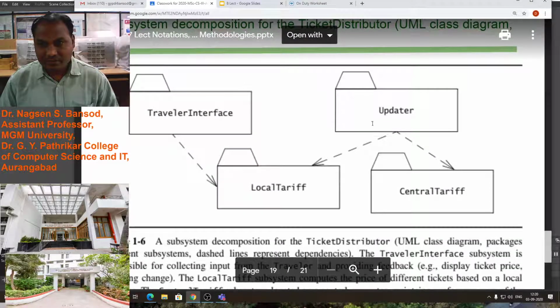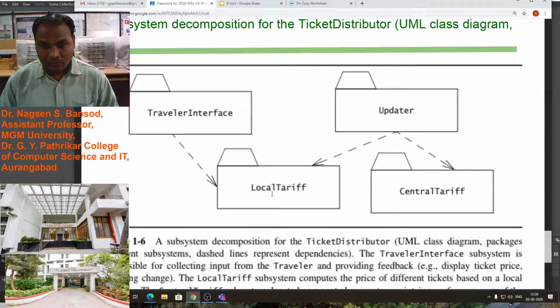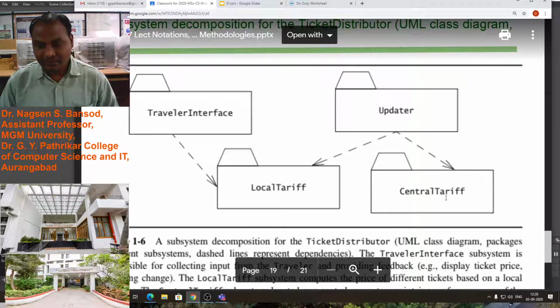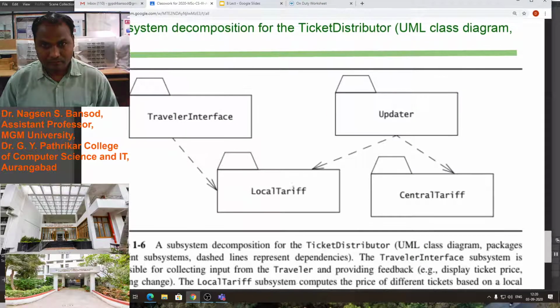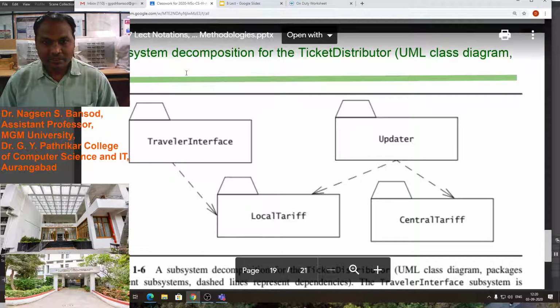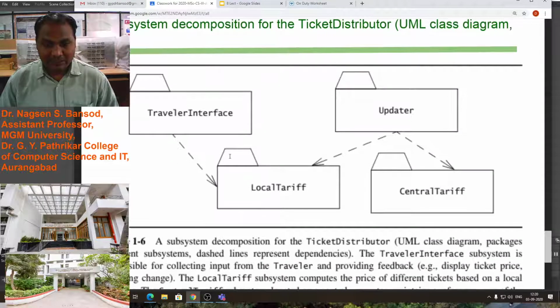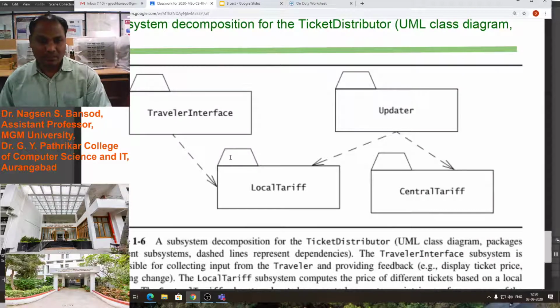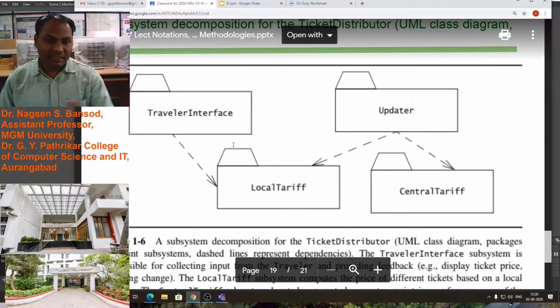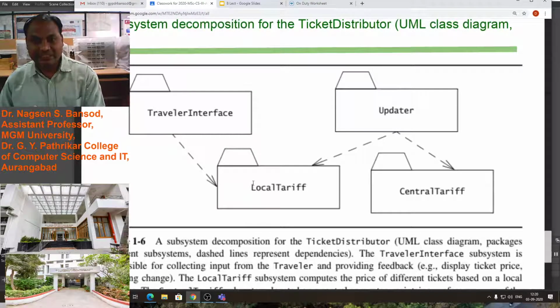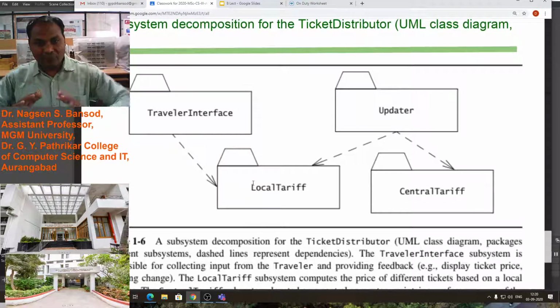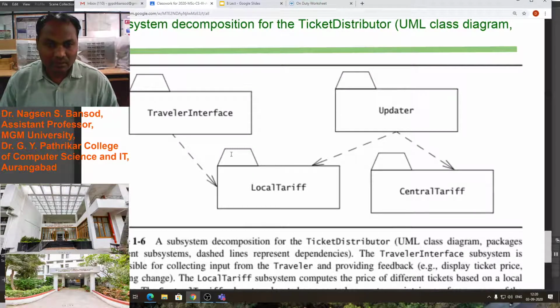traveler interface, updater, local tariff, central tariff. A subsystem decomposition for the ticket distribution project. This is one component only, for the traveler interface to the machine: how the traveler will connect to the machine is given in this class diagram.